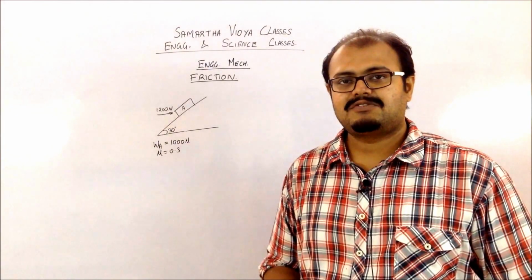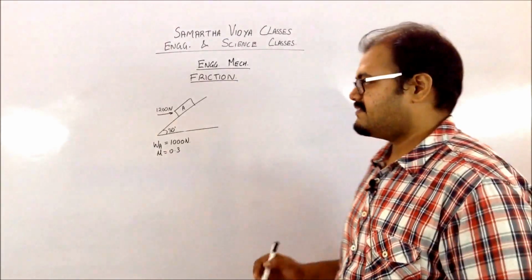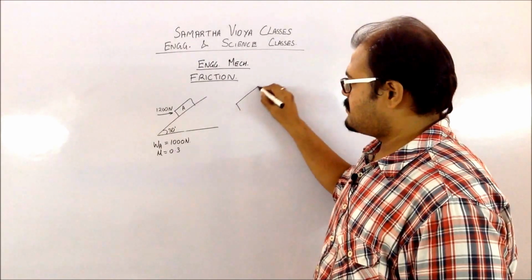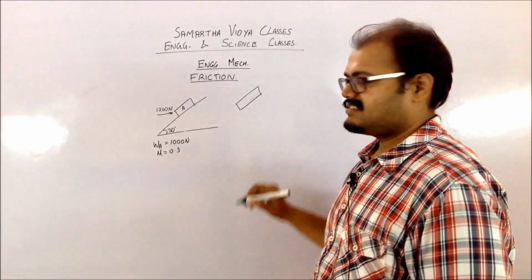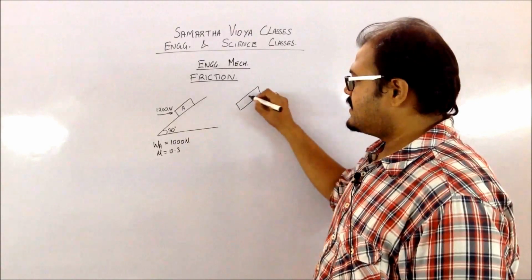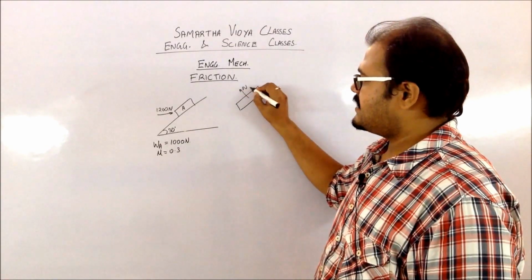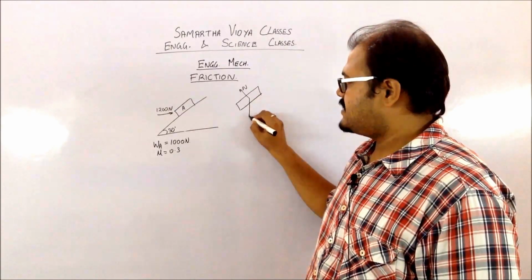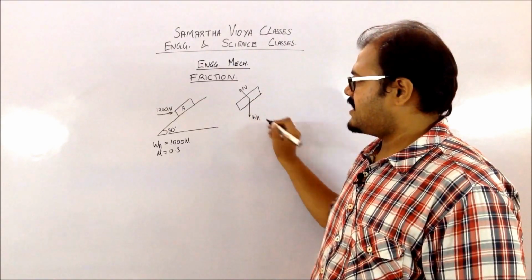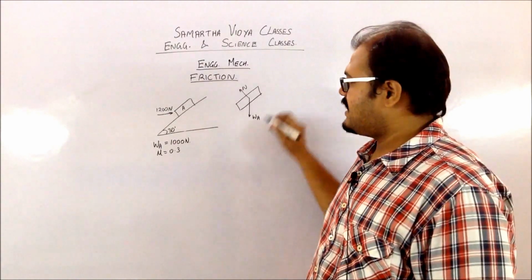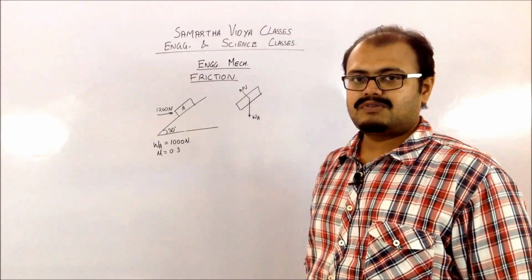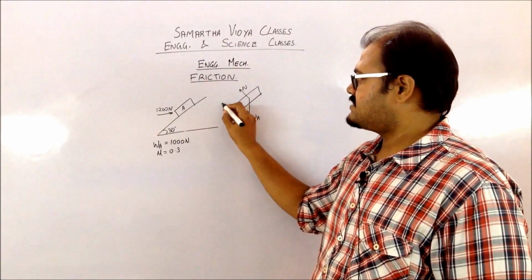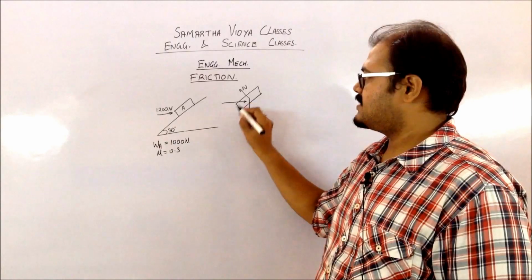So for this we have to make certain assumptions. What we will do is start drawing the FBD of A. We will consider the block A which is kept at an incline, that is at 30 degrees. It will obviously have a normal reaction which is going to be perpendicular to the surface. It's going to have the weight downwards, so this is your WA. Then it will have the frictional force which is going to be opposite to the motion. So first of all, let us show the force which is being applied. Since it is a horizontal force, it's going to be like this.